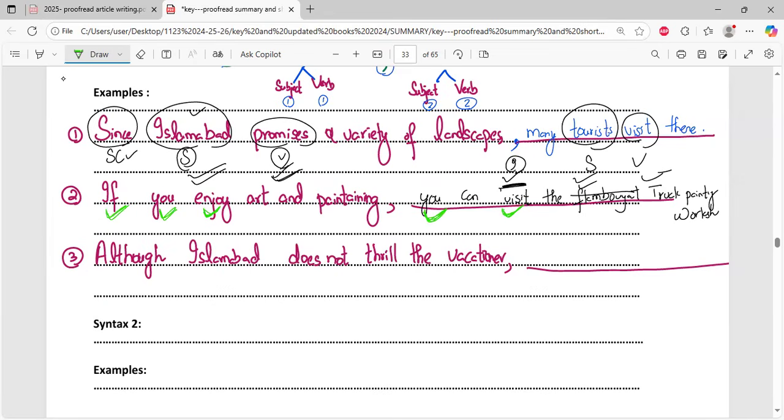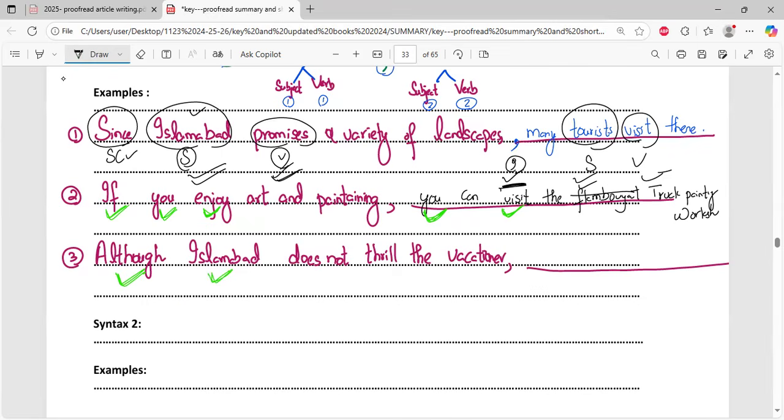All right. Again in the same context. Although Islamabad has nothing thrilling, okay, although becomes a subordinating conjunction, but there is nothing there, so why do people still go? Although the doer is Islamabad, in this I'm keeping all of these sentences in the context of your tour to Islamabad summary. Okay, it does not thrill the vacationer. It does not. I have to add a verb here. You see, in my sentence, the verb is missing.